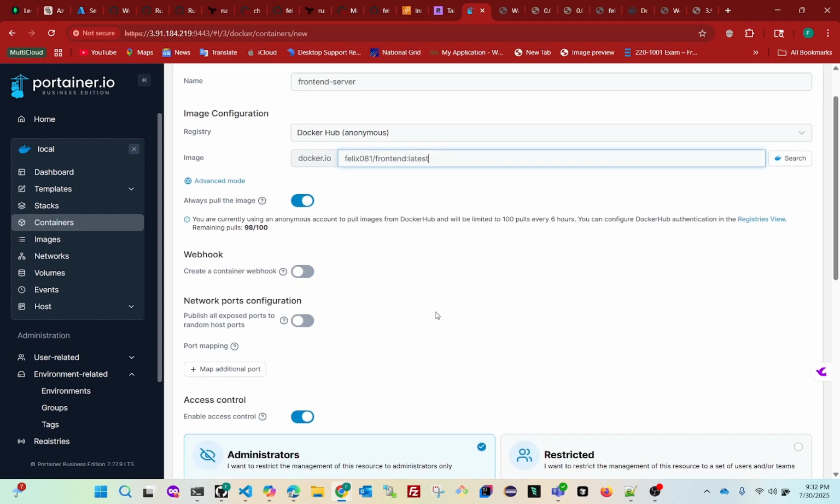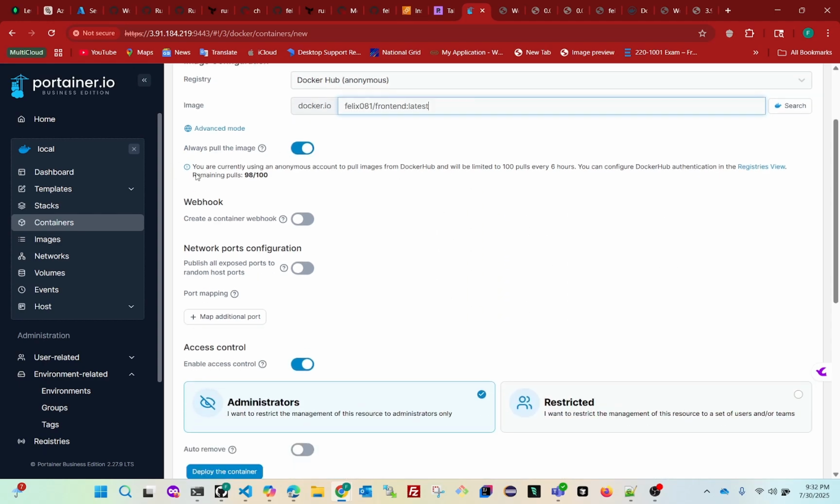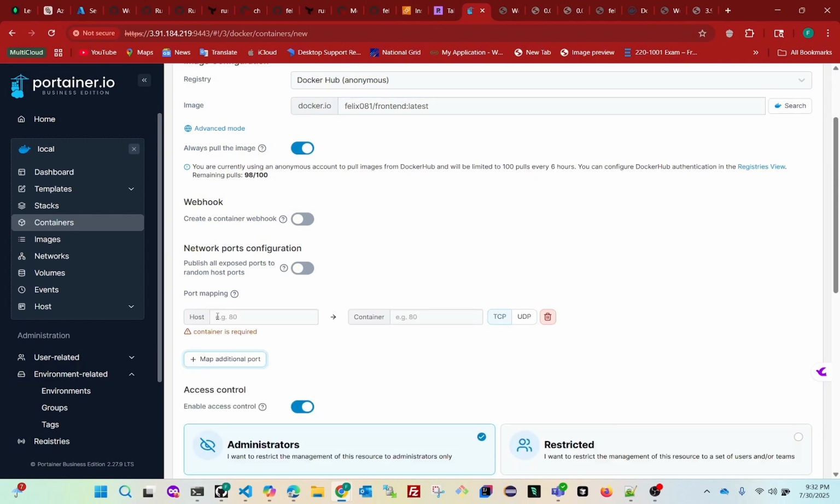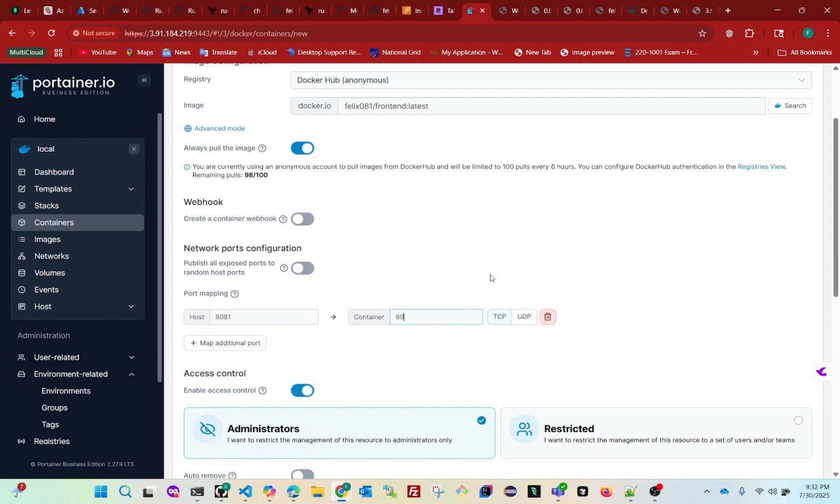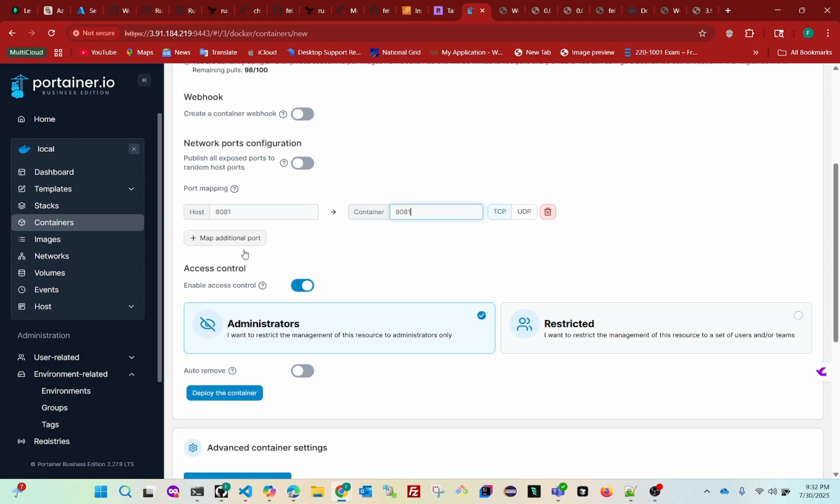This is the image, latest, and I'm going to map the port. Port 8080 is already running, so I'm going to use port 8081, and I'm going to put this one at port 80. I think that should be fine. Or let me put it at 8081 as well. That should be fine. And I'm going to go ahead